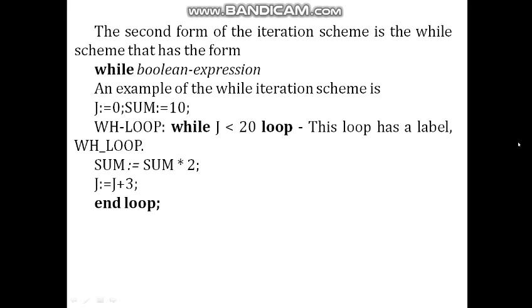The third and final form of the iteration scheme is one where no iteration scheme is specified. In this form of loop statement, all the statements in the loop body are repeatedly executed until some other action causes it to exit the loop. This action can be caused by an exit statement, a next statement, or a return statement. This is all about the loop statement in different terms and conditions.